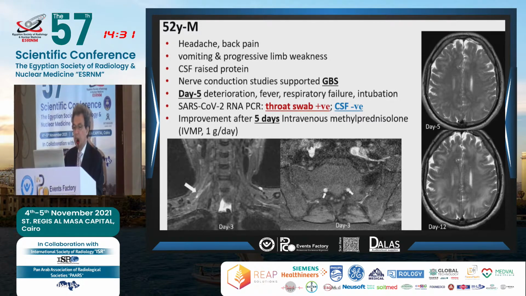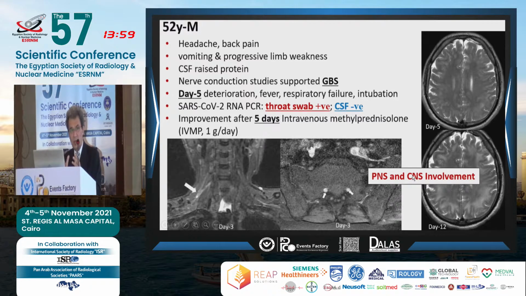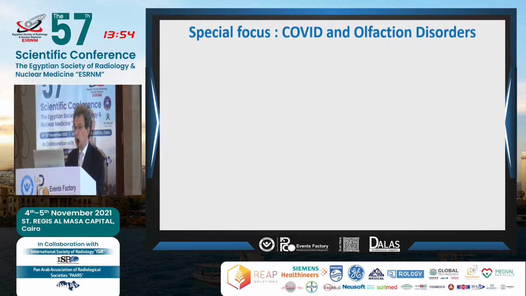And on this one, the patient had a positive throat swab, but a negative CSF for COVID. And if you see here, we have a hyperintensity of the brachial plexus and also here of the nerve roots, and also some diffuse hyperintensity in the brain. So we have two areas of changes in the peripheral nervous system and in the central nervous system. So this is also where the 5 categories that I mentioned initially of the neurological syndromes come in.